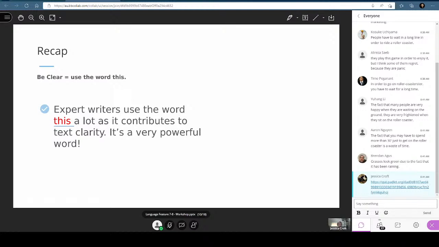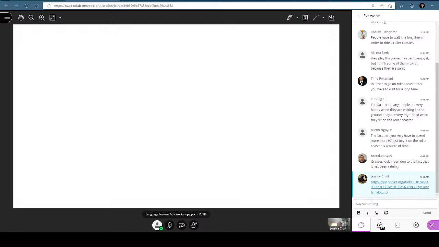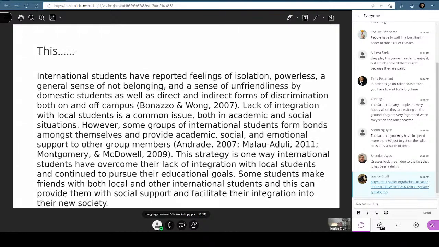It's particularly useful after introducing evidence or examples in the next sentence where you explain it. It's also useful when you want to clarify your assertion or introduce your justification. So the more critical thinking you have in your writing, the more likely you're going to be using this as part of that writing. So I have an example from a paragraph here.